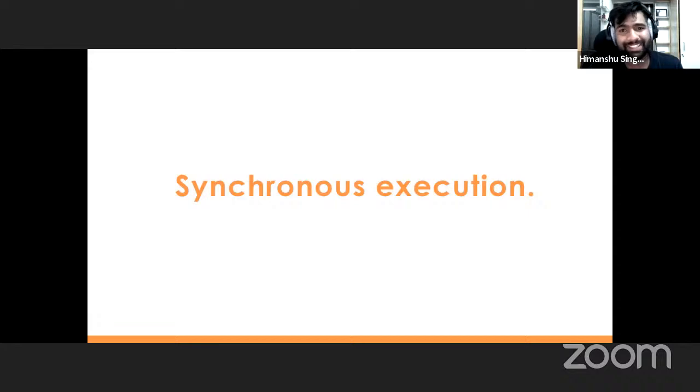So as agenda number one, we had to understand what the problem is. Synchronous execution. If somebody doesn't understand in very basic terms what synchronous execution is, just think of it as something which executes line by line. This has been the paradigm of programming for as long as I can remember. Let's say that when line number one executes, after that, line number two gets executed. After that, the third line gets executed, and so on. So this basically is an example of